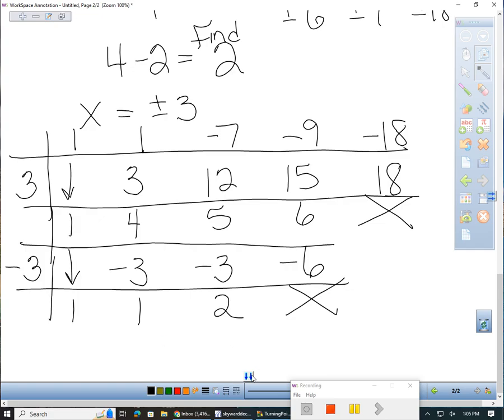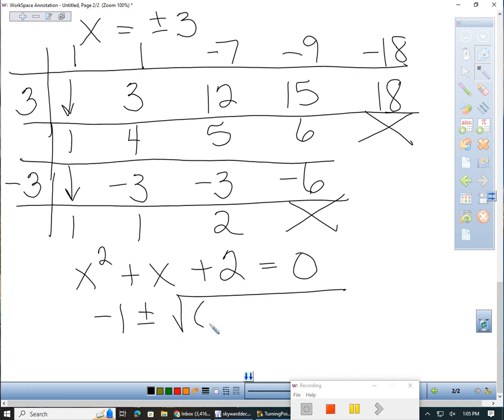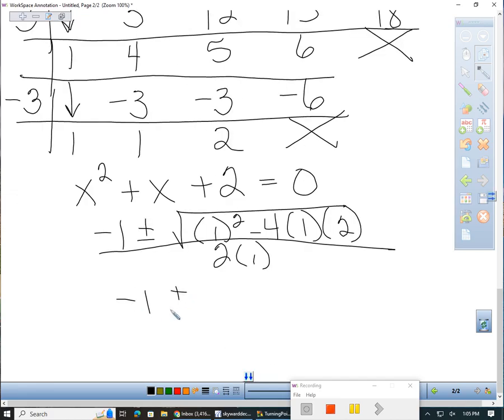So the quadratic we have left is x squared plus x plus 2. Technically, that's set equal to 0. We can't factor that one. Can't do the square root method, so we have to do the quadratic formula. So we do negative b plus and minus the square root of b squared minus 4 times a times c, all over 2a. So I get negative 1 plus and minus the square root of 1 minus 8, or negative 7,